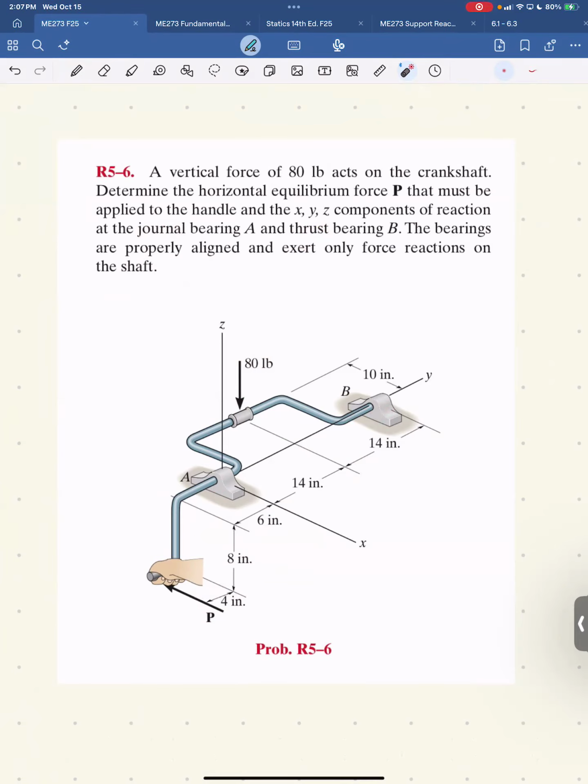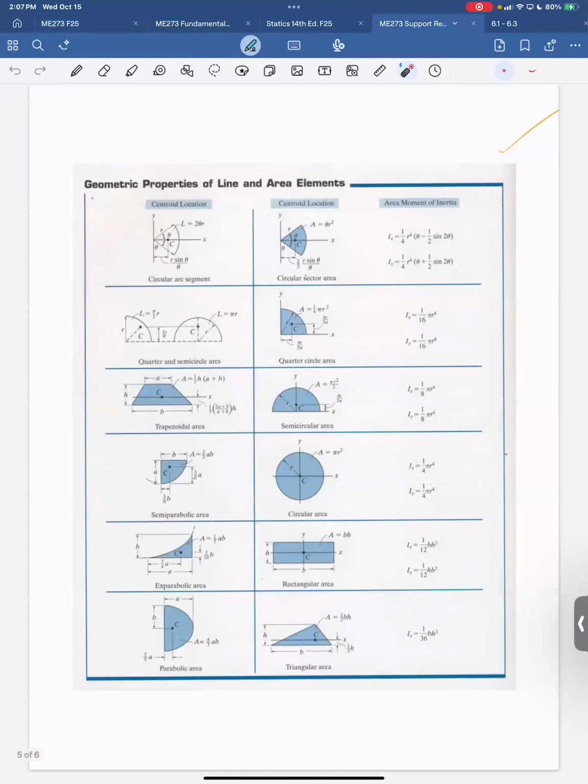I see that these are bearing problems, and I'm guessing it's well supported, which means I can ignore the moment reactions at the bearings. If this bearing A were gone, and you're holding the bearing at B, it's certainly going to want to turn. But once you put in this journal bearing at A, your buddy went over there and helped you lift that end of that crankshaft, so the moments are all going away. And you also know that because you looked at your table,